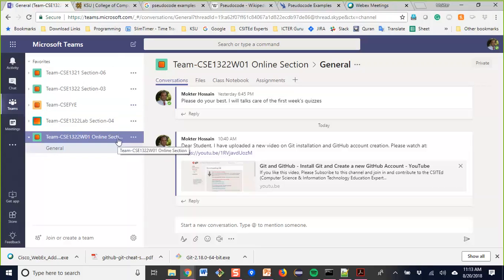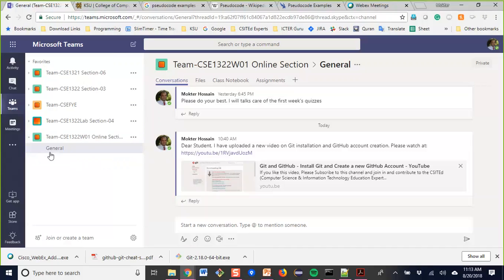It has a desktop version and mobile versions, both iOS and Android. Please download Microsoft Teams on your mobile device for quick communication with your team and with your instructor. You can download it for free.